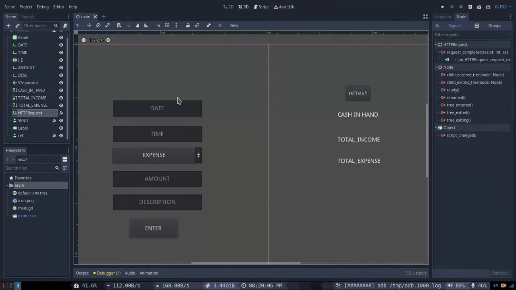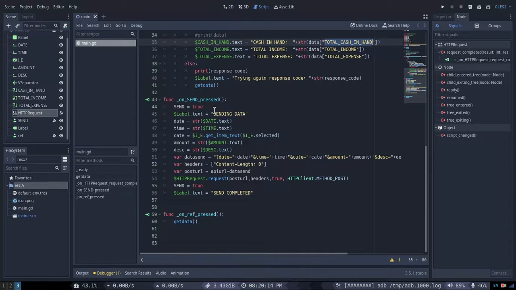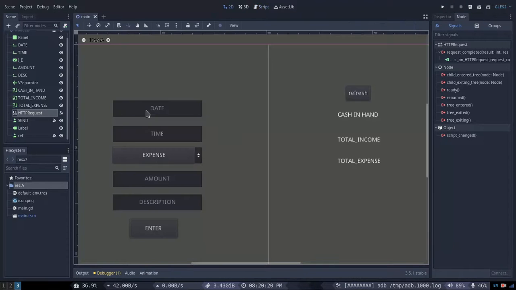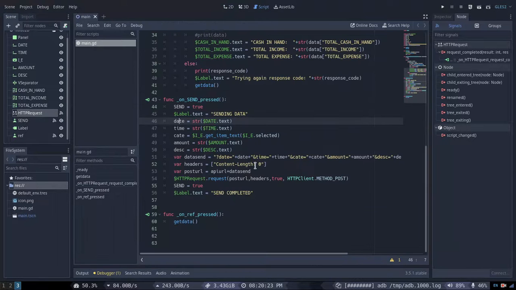And for the post method, I have created this send method, and the values are going to be here, right? And okay, date is equal to str date.text, right? Yes, this one I converted into a string, so I don't need to worry about replacing slash with those %2f and all. That's why I did it. And the most important thing is there. See, in headers, make sure, do not forget that you have to provide content length. Okay, if you don't do this, then I spent my 3 hours just figuring out how I can give the proper content length. All right, at the end I put it 0